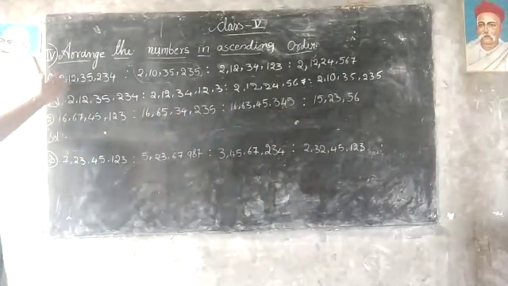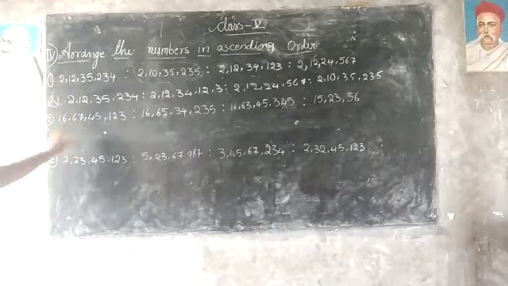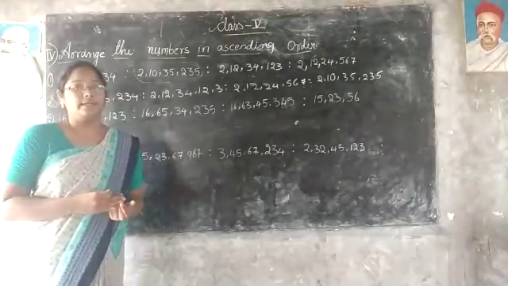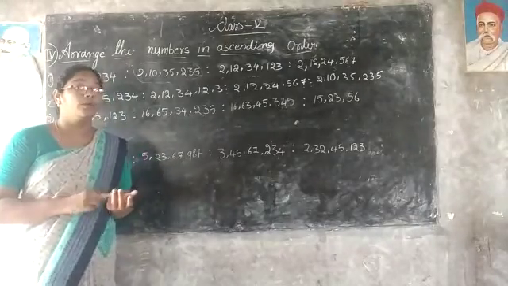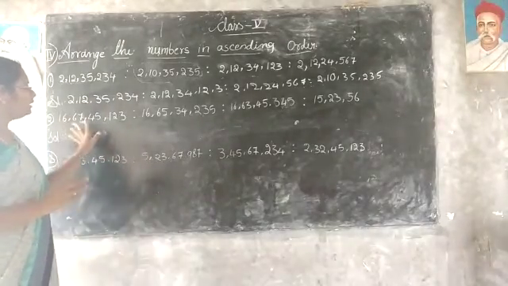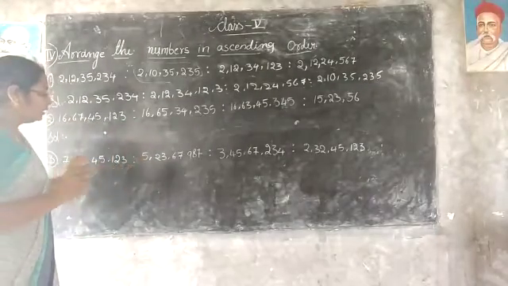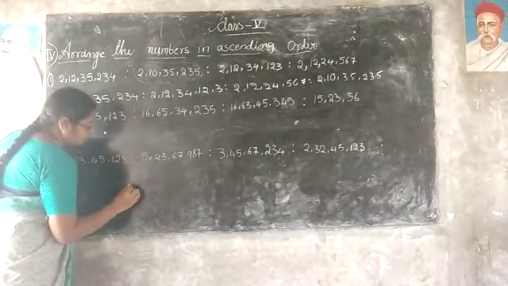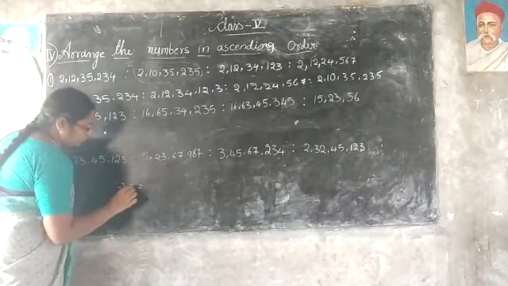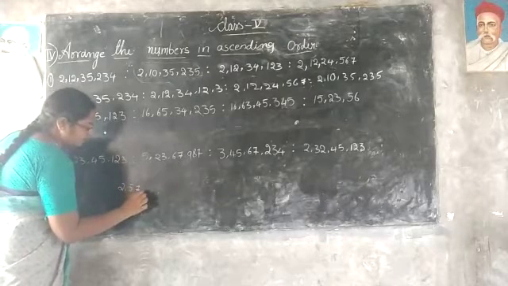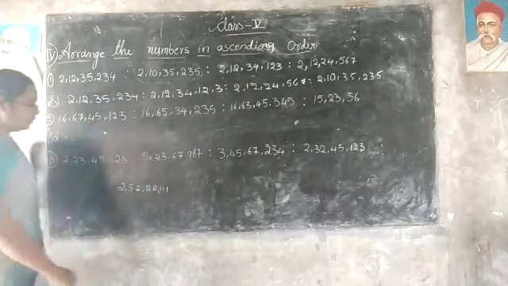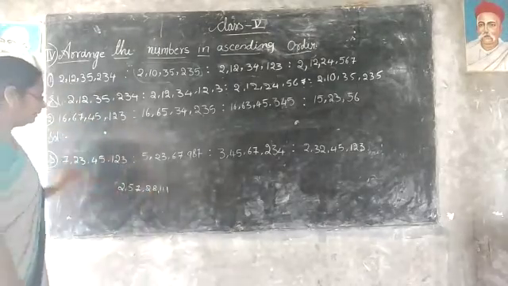In the same way, the second one. First of all, we will check the crores, lakhs, and thousands. After that, we will come to the next place if all these numbers are the same. For example, I will do some. 2 crore 57 lakhs 28,111. Here I will give one number.